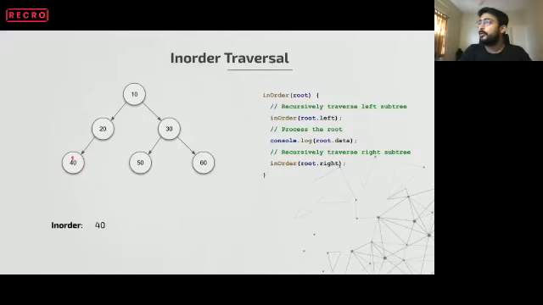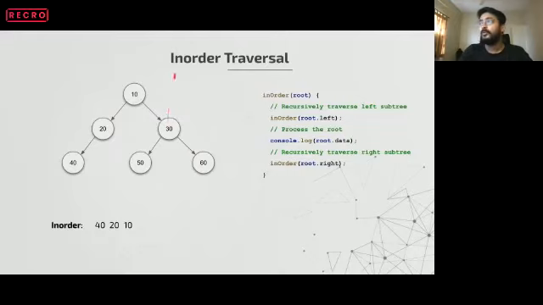Cool. Now since 20's left child is done, now we have to go to root. Since it's an in-order traversal and the left child is done, now it's the time for the root. So we'll print 20, correct? Now 20 does not have a right child, so there's no point of staying here. Now comes to the root. Now 10 is our root. We have to process this root, correct? So 10 is our output. Now for 10, its left child is done and its root is done. Now we'll move to the right subtree of 10, correct?